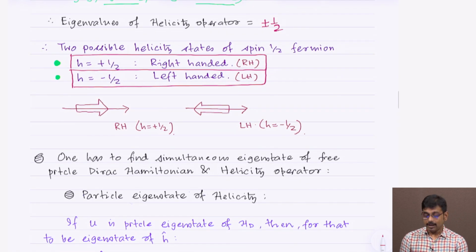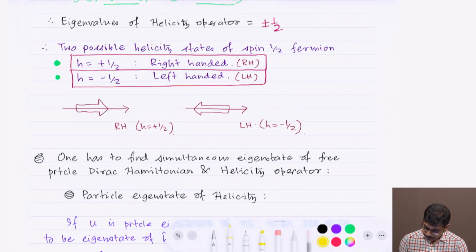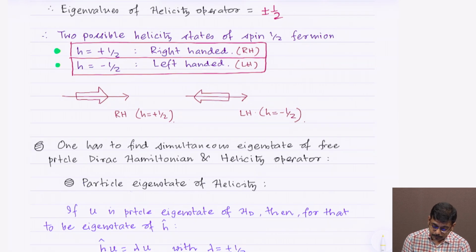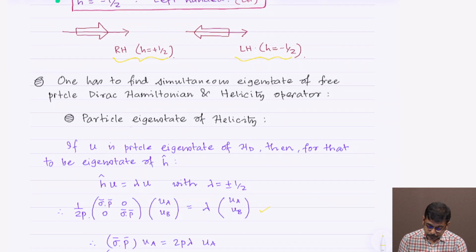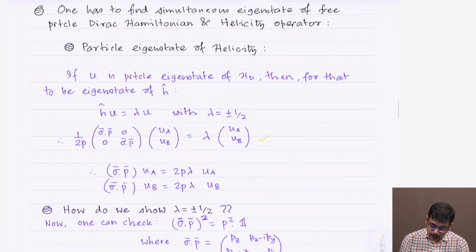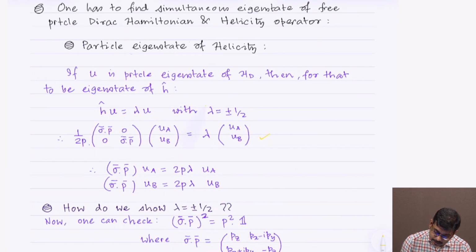Pictorially, this is similar to the way that we drew it before: in the right-handed case, when H is plus half, the spin will be projected along the direction of the motion, and for the left-handed case, when H is minus half, it is opposite to the motion. However, we still have to find the simultaneous eigenstates of the Dirac Hamiltonian and the helicity operator, which we are going to do. But before that, let me try to see if I can find the helicity eigenvalues lambda